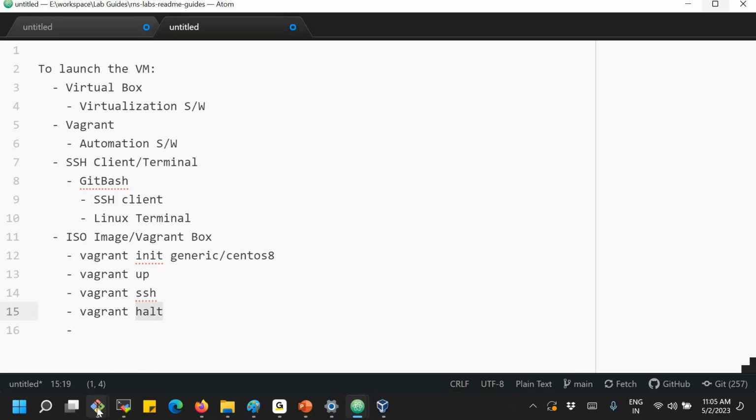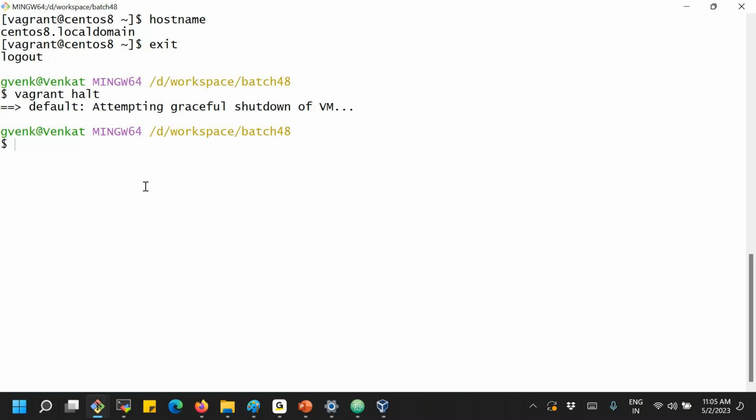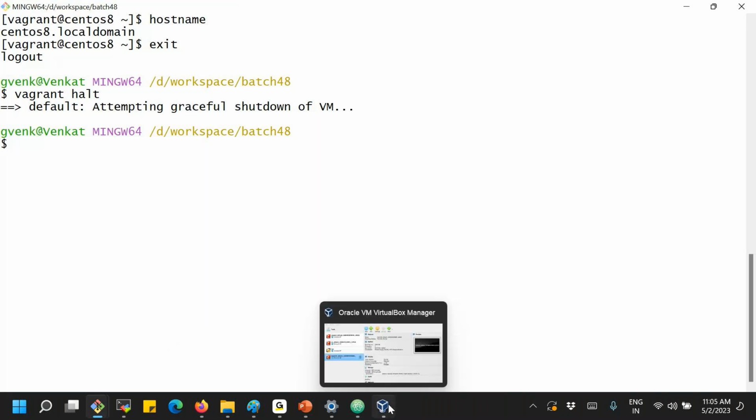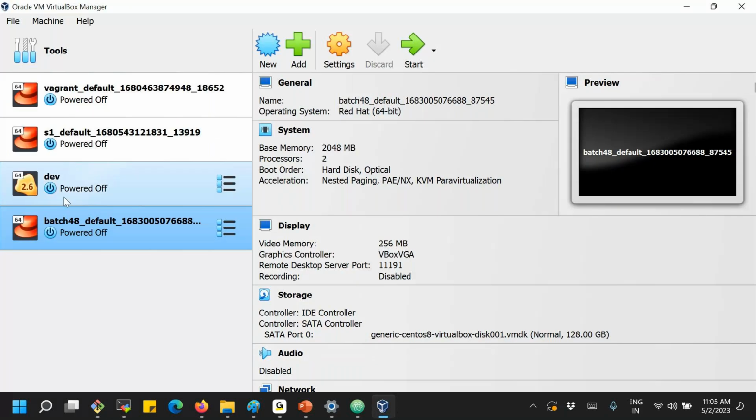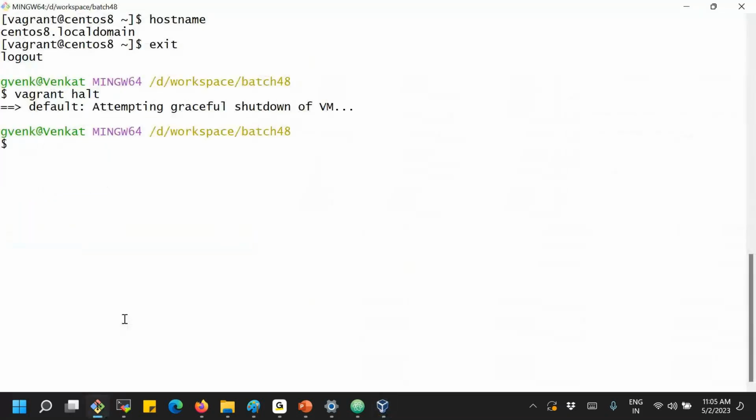Now let's check whether it has been stopped or not. This is the graceful shutdown of the virtual machine, and if you check the status, it has been powered off. How can I check it from Vagrant itself? You can run the Vagrant status command, to check whether the virtual machine is up and running or not.